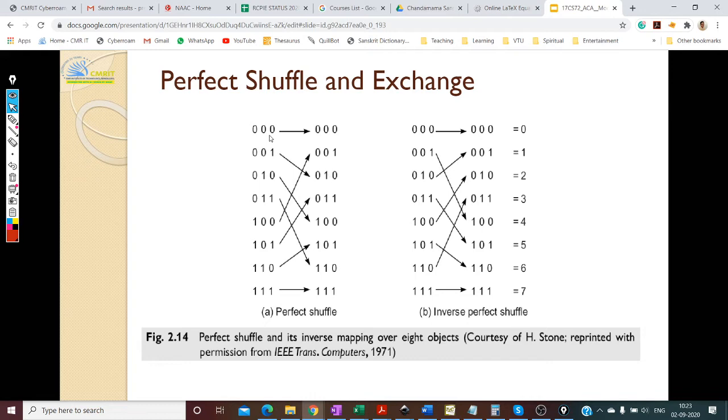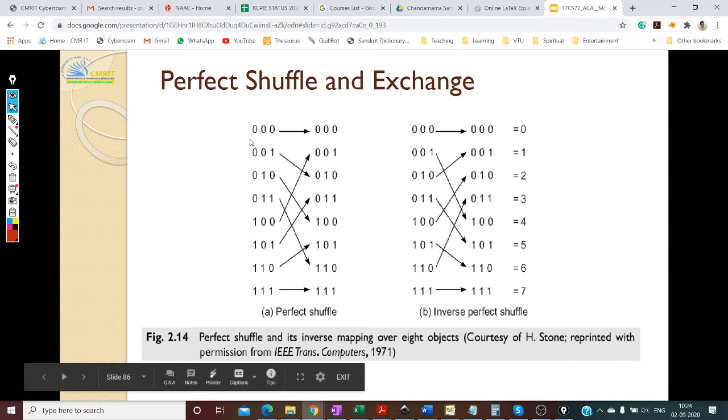Now this illustrates the shuffle that we saw in the previous slide. So for shuffling, there are two types of shuffle. One is called a perfect shuffle, and the other one is the inverse perfect shuffle. In perfect shuffle, what happens is, when you have a bit, you will shuffle it by shifting the bit one step left. Okay, so you just move the bits one step left, so you get the next bit here. So if you have 0 0 1, imagine these to be the nodes. Now in this particular network you have 8 nodes.